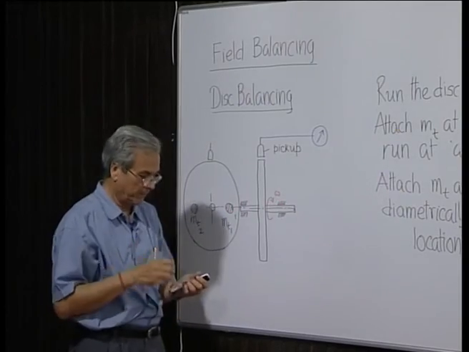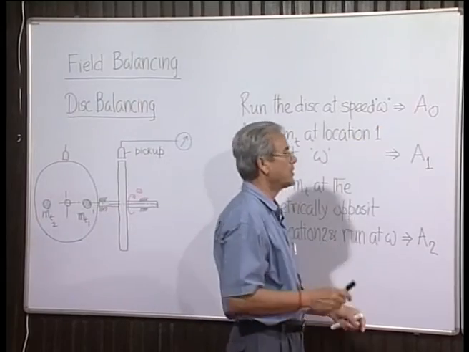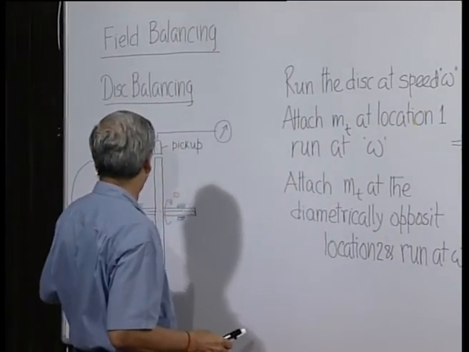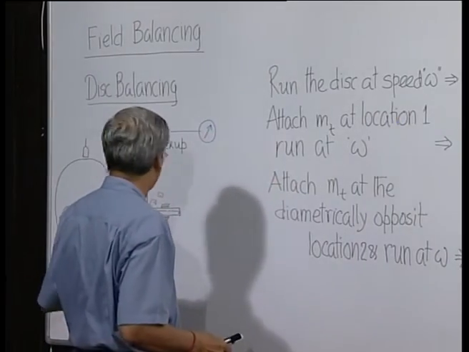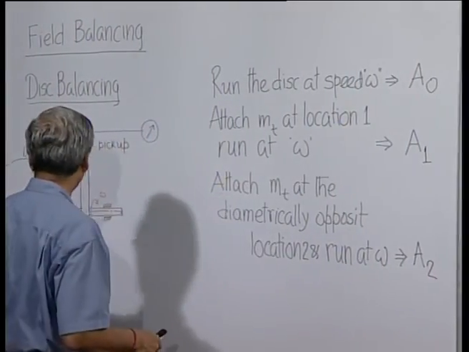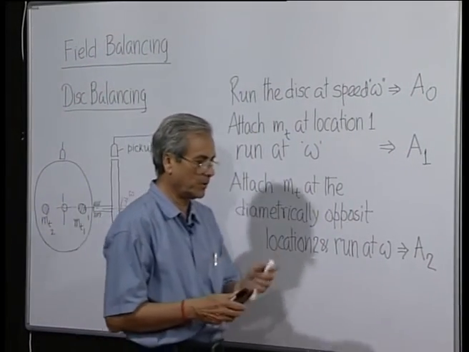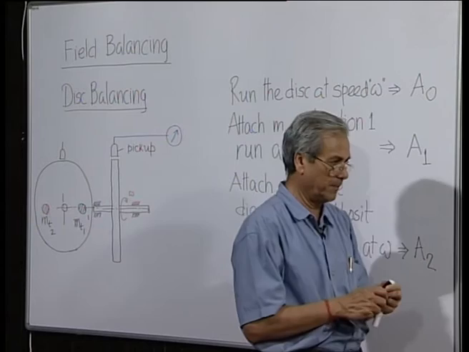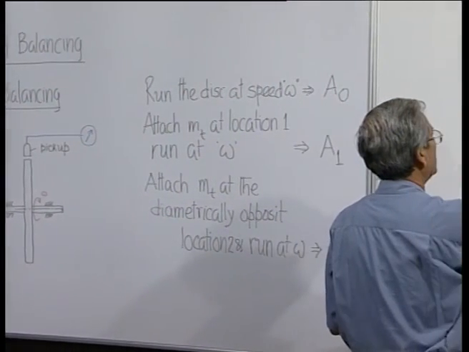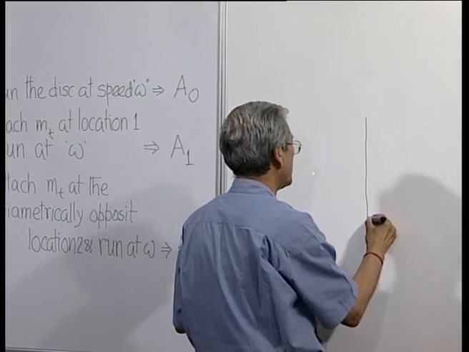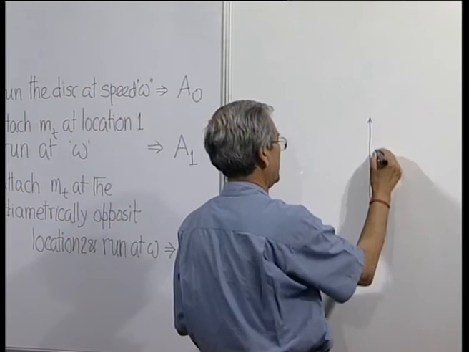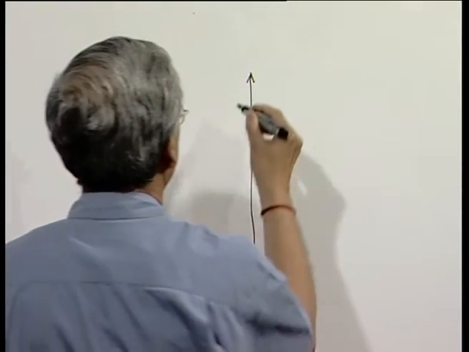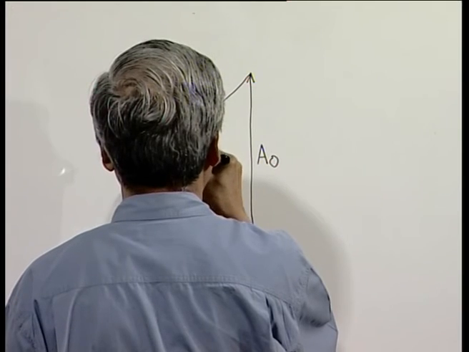Now, you see a very interesting thing. A0 is the amplitude of vibration without any attached mass. A1 is the amplitude of vibration when a mass mt is attached at location 1. Similarly, A2 is the amplitude of vibration when the same attached mass is shifted to a diametrically opposite position. From these three quantities we get a lot of information. Let us see. So, if the vibration due to the original unbalance is say A0, and say the effect of mt in location 1 is this,